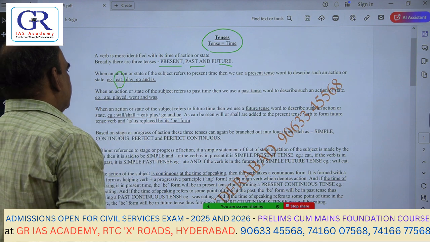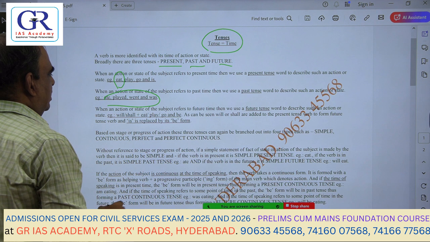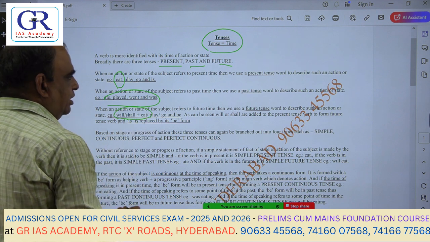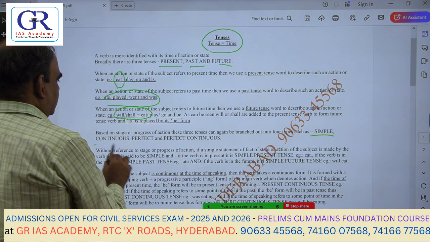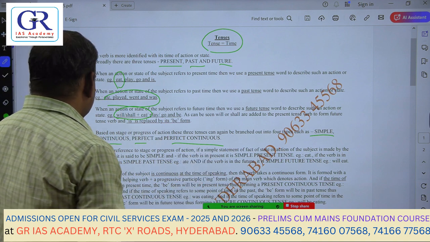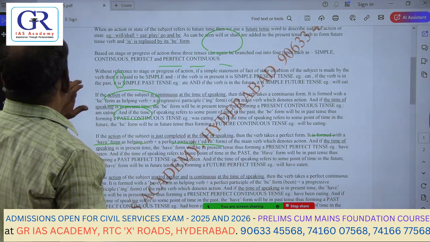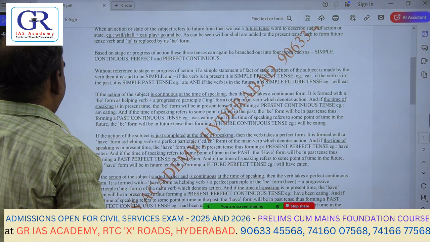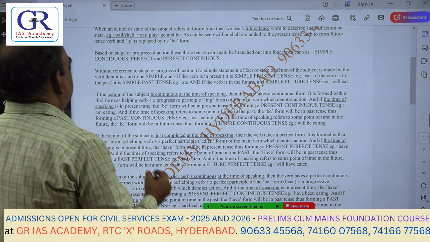I have taken the example of eat, and I have also given you examples of the past, ate, and will and shall eat here. And then I told you that there will be simple or indefinite, and continuous or progressive, perfect and perfect continuous. Okay. So apart from that, I told you,